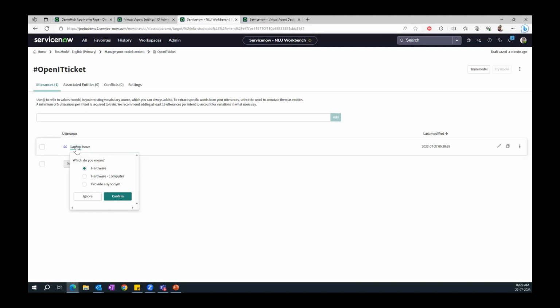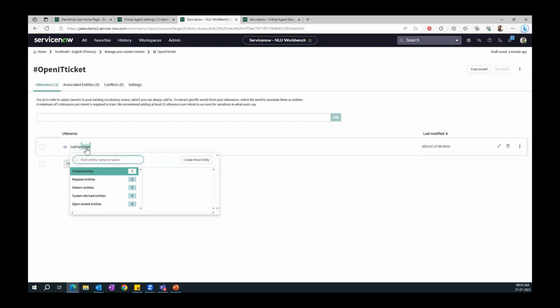Laptop may have different meanings. What is your meaning for this particular intent? Here you can define my meaning. Laptop here I'm referring to hardware, computer type of hardware. So I can define this. All these definitions will help the model to predict the right intent.